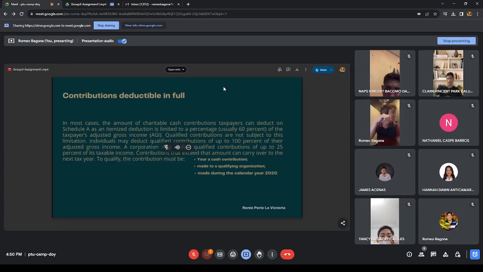Qualified contributions are not subject to these limitations. Individuals may deduct qualified contributions of up to 100% of their adjusted gross income. A corporation may deduct qualified contributions of up to 25% of its taxable income. Contributions that exceed that amount can be carried over to the next tax year. To qualify, the contribution must be a cash contribution made to a qualifying organization or made during the calendar year